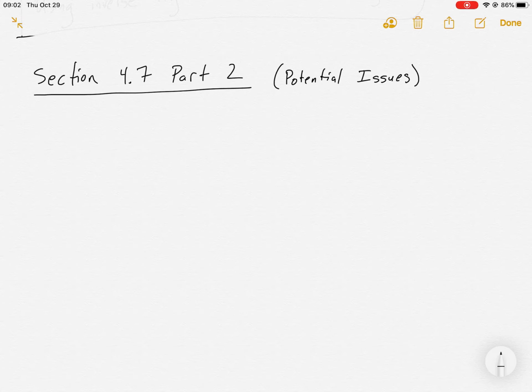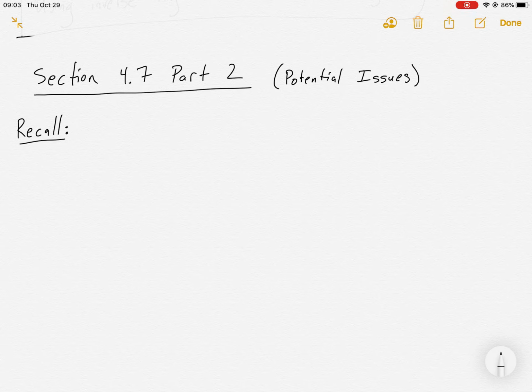So in this video, we're going to continue our discussion of section 4.7, except now we're going to talk about some potential issues that could arise. And this stems from, in that first video, I talked about how there's actually lots of options when you come up with theta. There's lots of different choices, and so we're going to talk about that. Before we do that, though, I kind of want to motivate our discussion by reminding you all of another situation